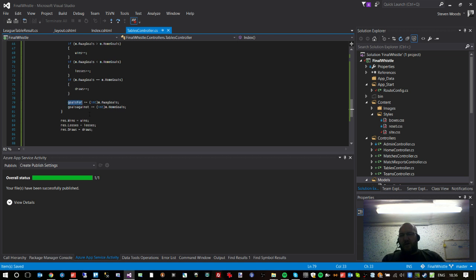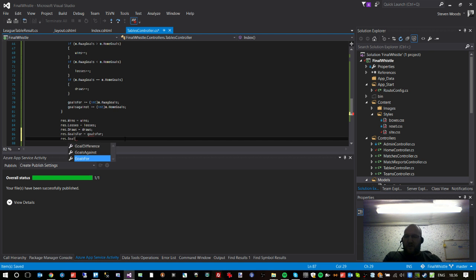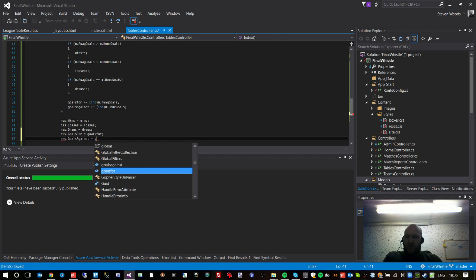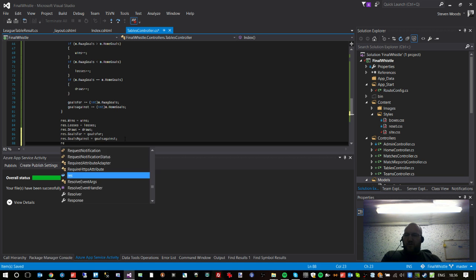So now we've got these variables set up, and we can basically put that into our result. So res.GoalsFor equals goalsFor, res.GoalsAgainst equals goalsAgainst. And now the goal difference we don't actually even need to calculate, because we can just say res.GoalDifference